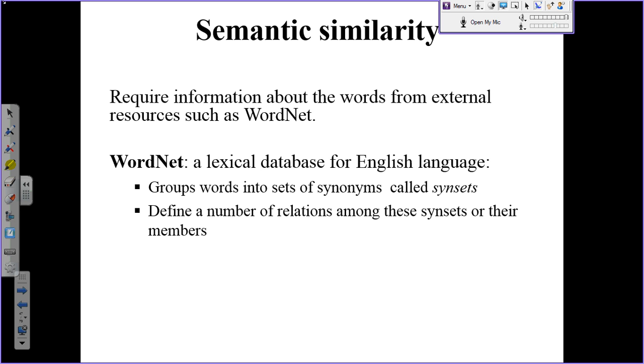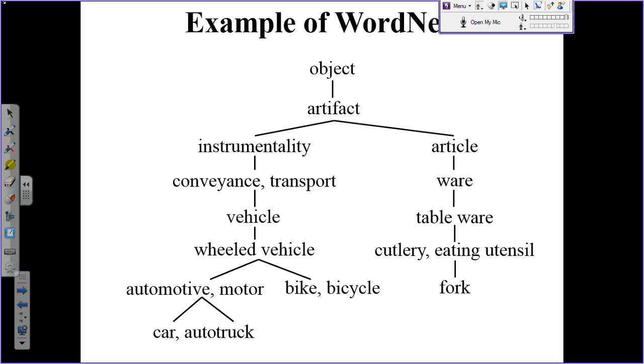Okay, so what do we do with the semantic similarity? How do we know that car and auto are the same, or that apples and oranges are more similar than apple and bicycle? We have to have some context about this. One typical resource used is WordNet, and WordNet is a stored hierarchical structure of, well, not all possible, but as extensive an amount of English words as possible, organized so that there are